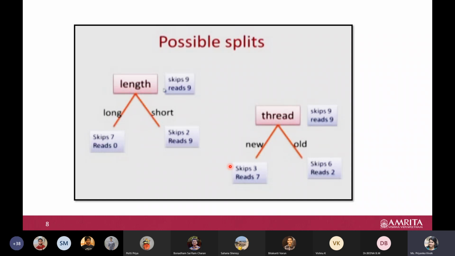Now any of you can just tell me as of now, without knowing much detail about our decision tree or the measures that could be used for finding the correct node to be split. We don't know all that. But we just had one clue from the previous slide. Just remember that and tell me which would be better. Just a guess, let it be wrong. One of you just tell me which could be the best node to split. Length split, the first one, or the second one, which is best, just considering this example?